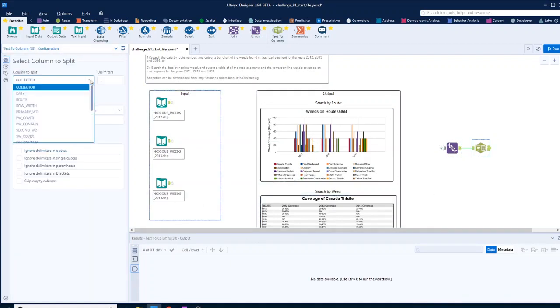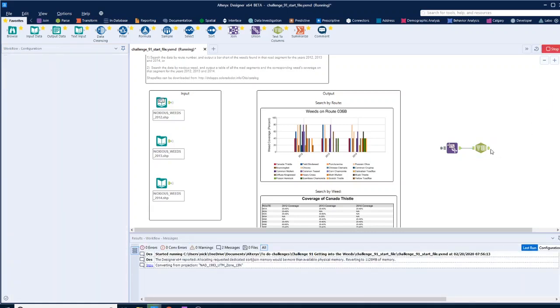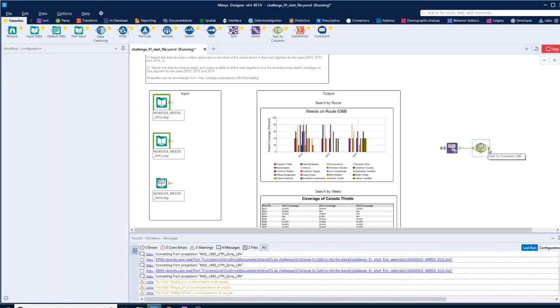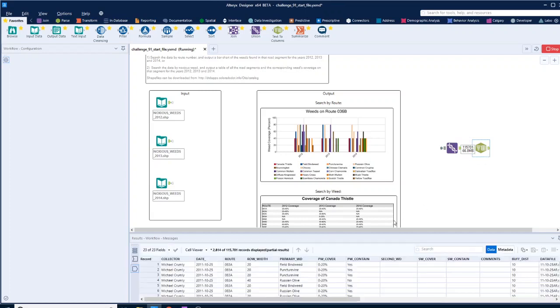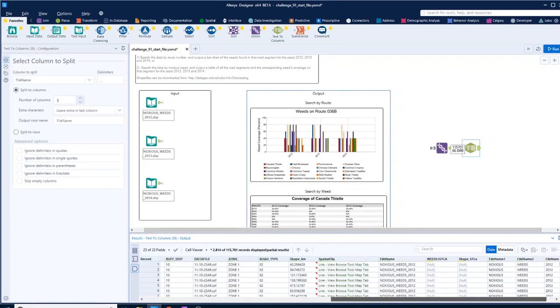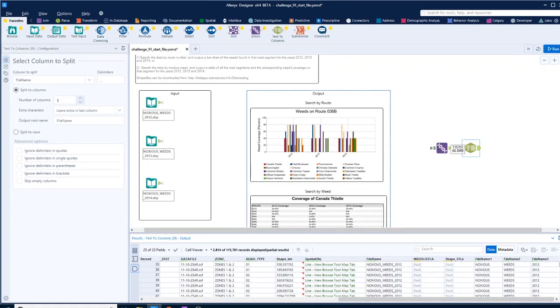and what we can do is go down and file name. So it's noxious underscore weeds underscore the year. So if we do underscore, okay, on the file name, 3 columns, what will end up there is a column right at the end that has, yeah, has the year in it. There we go. File name 3 is the year. Okay, so let's